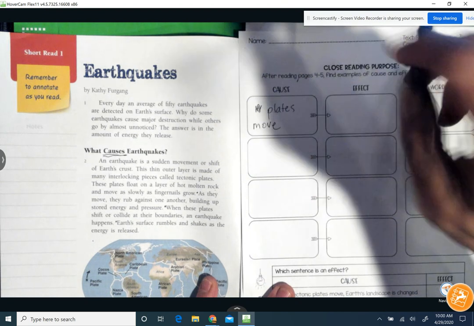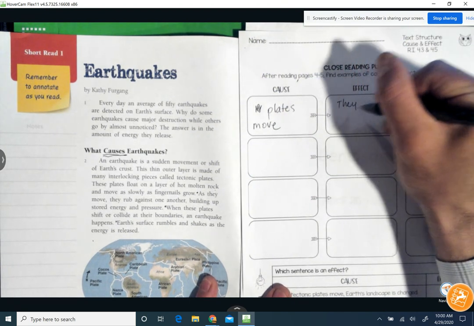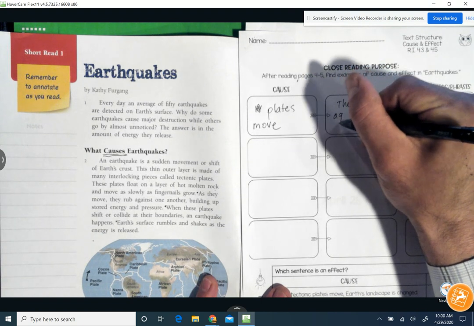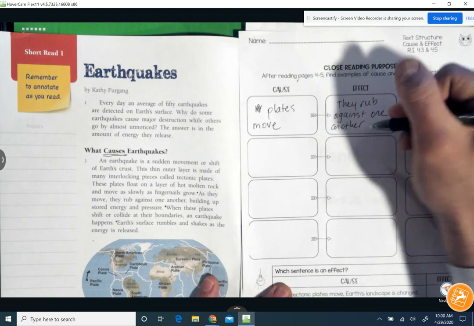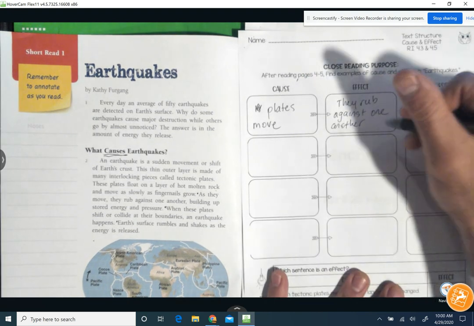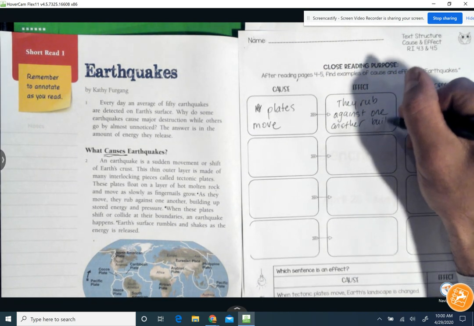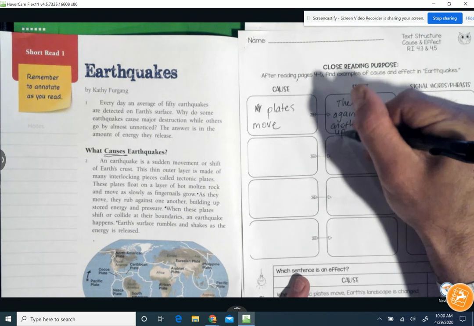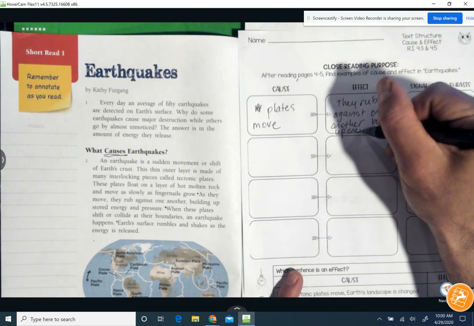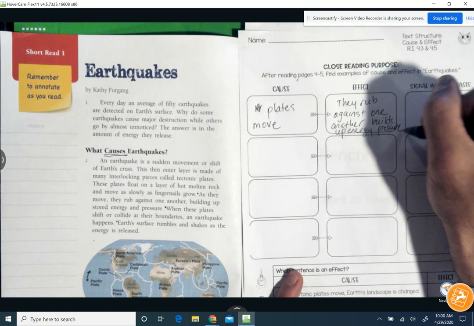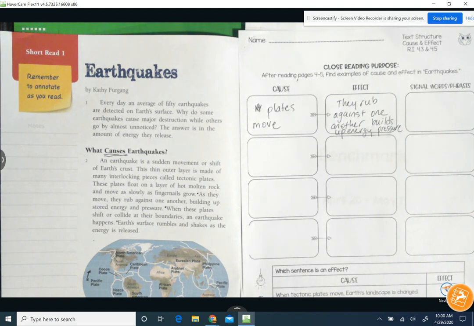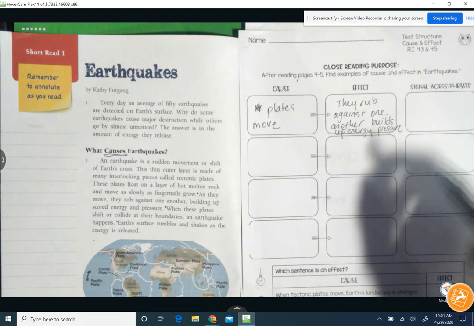The effect: they rub up against one another. Rub against one another. And it builds up pressure. Okay. So when I'm looking at that, I am trying to figure out, one, what are my signal words or phrases: